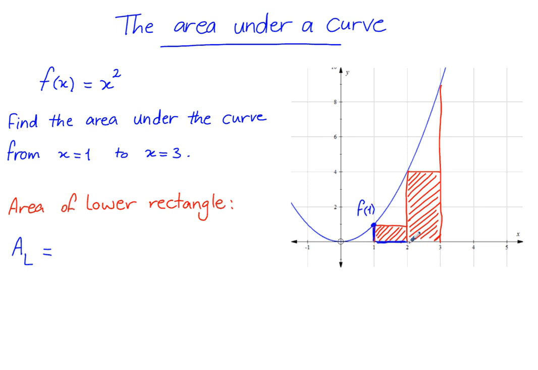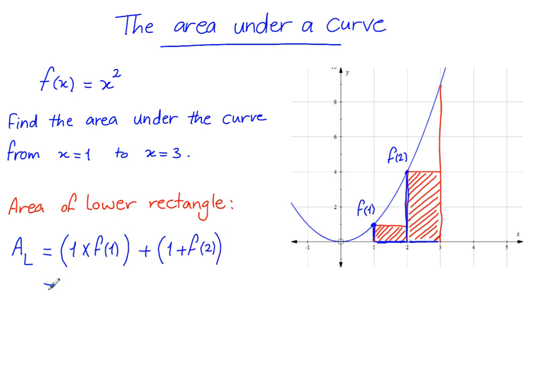The area of the next rectangle is base, which is also 1, and the height is the value of the function at 2, so it's f of 2. So therefore the area equals 1 unit times f of 1, that will give me the first rectangle, plus 1 unit times f of 2, that will give me the area